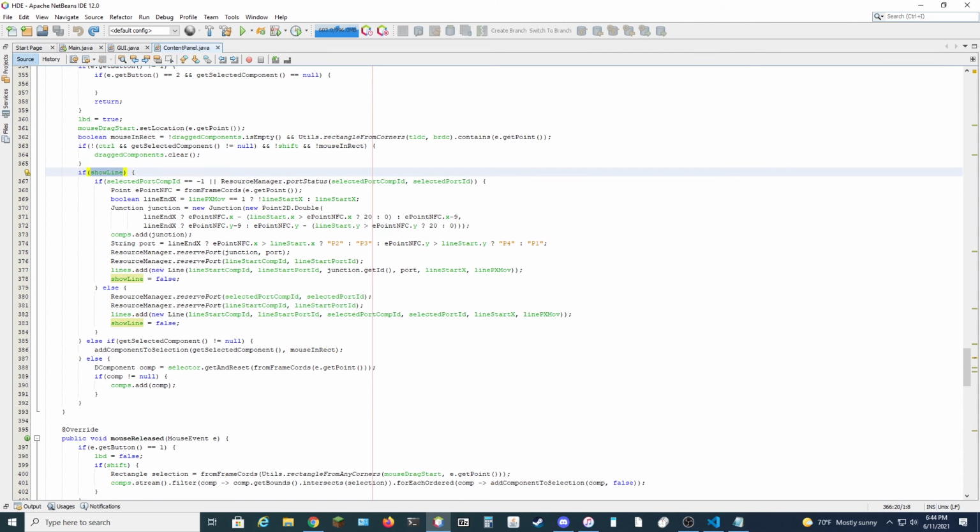Otherwise, if we are currently drawing a line, then if we don't have a port selected, or the port status of the port we have selected is in use, then what we want to do is we want to create a line, I believe. Yeah, and so what we're going to do is we are going to get the coordinates of wherever we've clicked, and we are going to see if